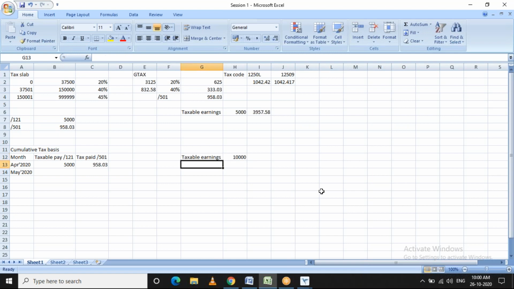And the allowance to be applied, that is 1042, whatever we have calculated based on the tax code, right? So that will be added twice. Clear?